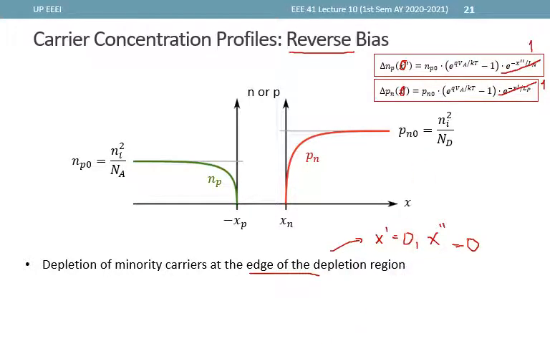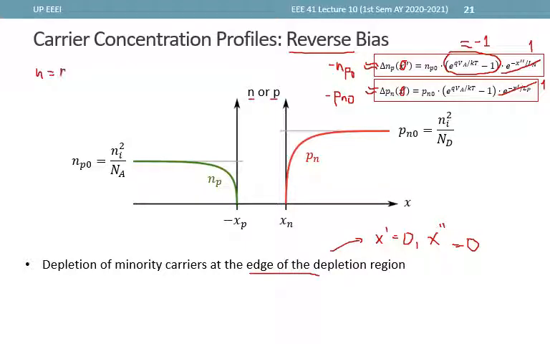So approximately, with enough reverse bias, this one is approximately 0, or rather this whole term here is approximately equal to -1, and therefore the excess minority carrier concentration must therefore be approximately equal to minus NP naught at the edge. And this one is approximately minus Pn naught at the edge,